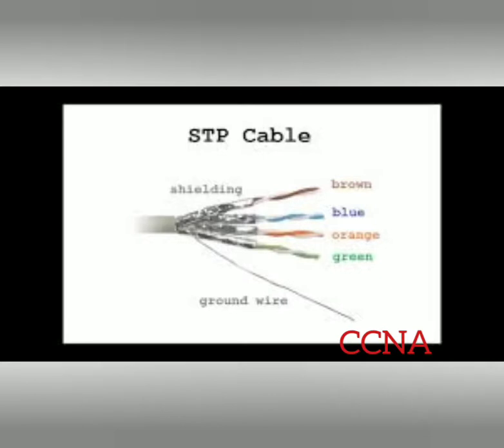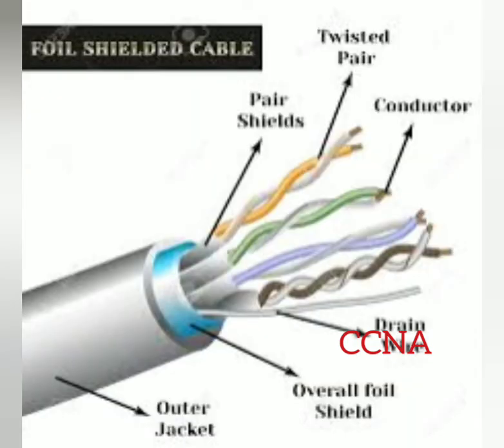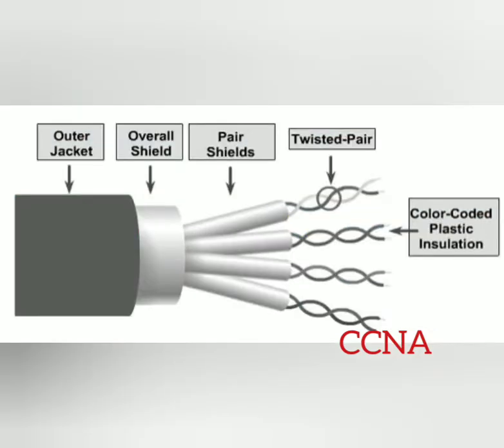A shield is an electrically conductive material that is used to wrap a wire or cable. Two main types of shields used for cables are foil and braid. Foil shielding uses a thin foil of aluminium. Foil provides complete coverage for the cables. Since the foil is thin, grounding work is difficult.